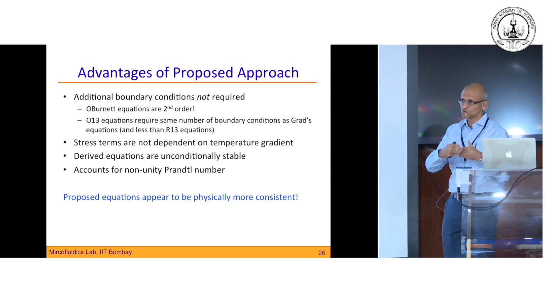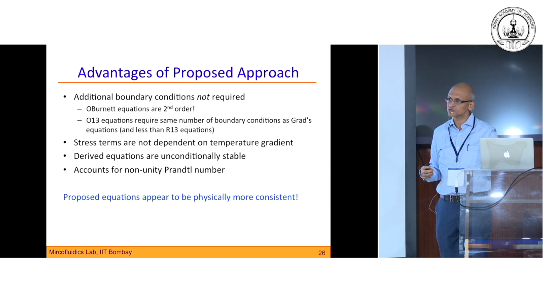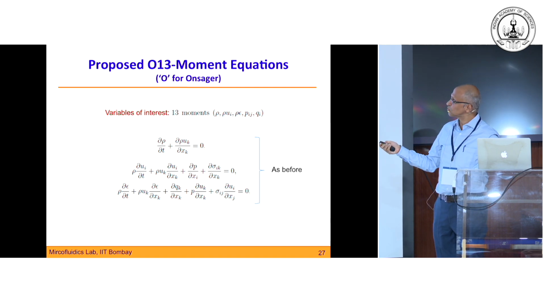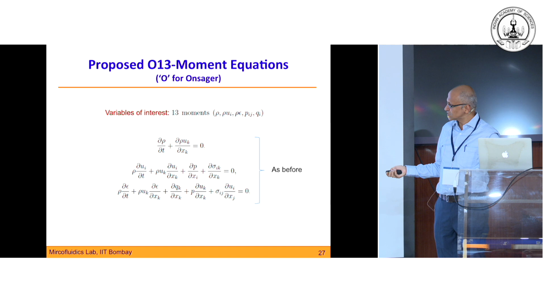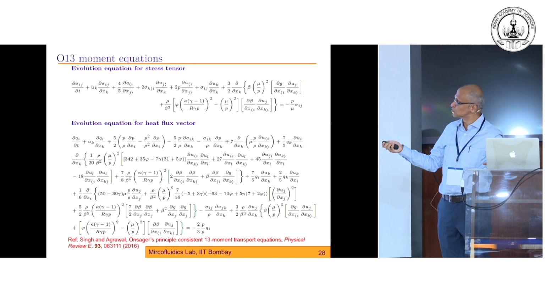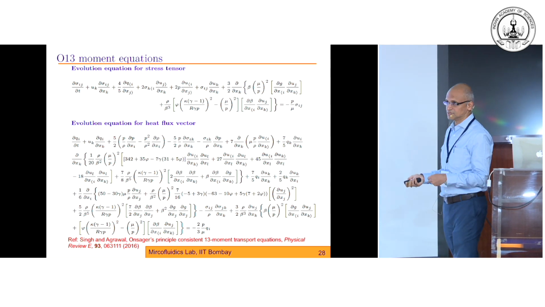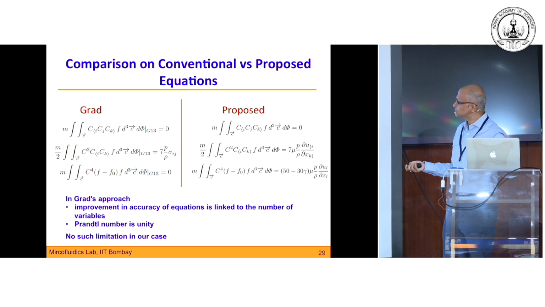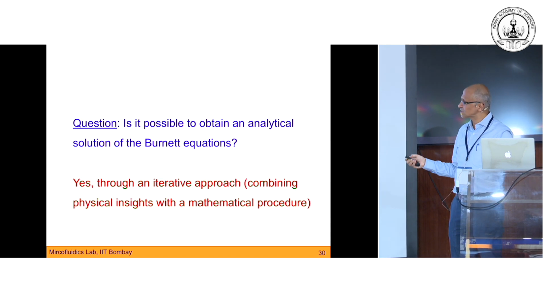In fact, once we choose a distribution function, there is a mathematical procedure that one has to follow, and there are no arbitrary constants or anything introduced by us at any stage. Similarly, one can derive the 13 moment equation approach, and we have been calling them O13. O is for Onsager, just to bring in the thermodynamic aspects. The mass, momentum, energy equations remain as before, but the evolution equations for stresses and heat flux are now substantially different from what you were seeing earlier. And finally, one can compare at the same order what happens, because it's a different approach. We just try to show some consistency there. Okay, I will skip this part.